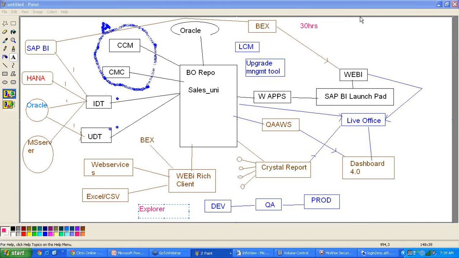As part of the training, I will also provide all the material: the BO PPTs, Web Intelligence, Crystal Reports. For each tool I am providing PPTs and PDF documents. There are separate documents for IDT, CMC, CCM, Web Rich Client and Crystal Reports. I will share all the documents with everybody.